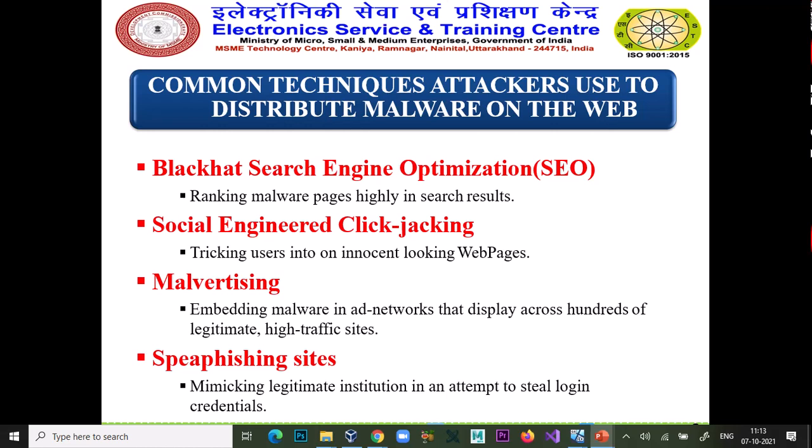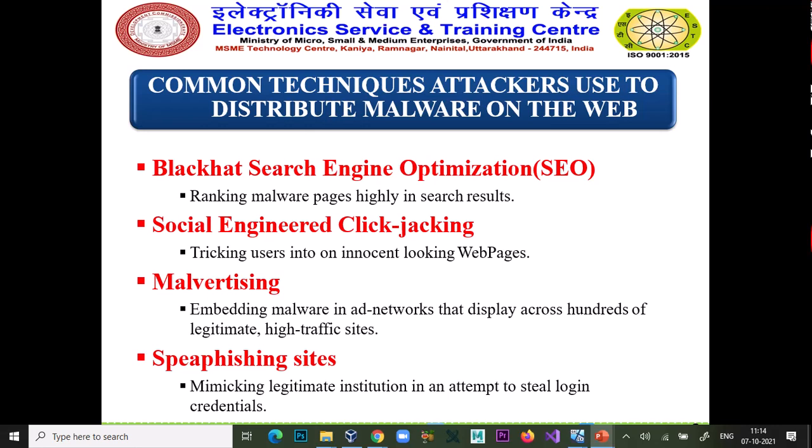Some are displayed here. Black hat search engine optimization. If a hacker does this, we can say it is black hat SEO. They rank their pages in the search results. Suppose you are looking for software or any kind of stuff on the internet. If a hacker has ranked their pages, they will appear in the first two or three results, and after clicking on those links, you will get a virus as a bonus with your required software.